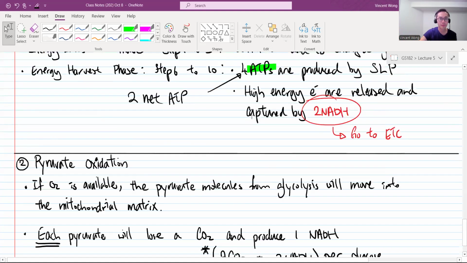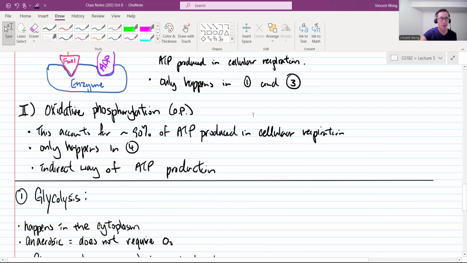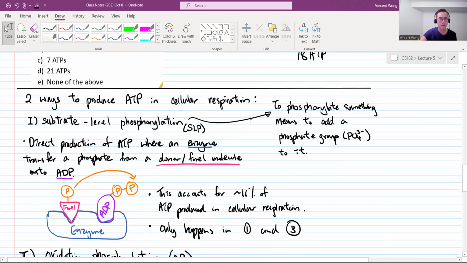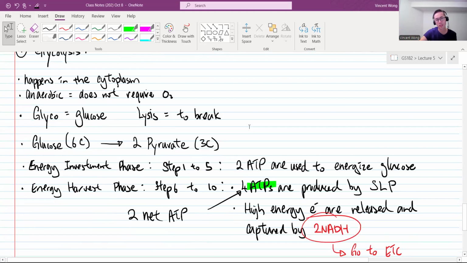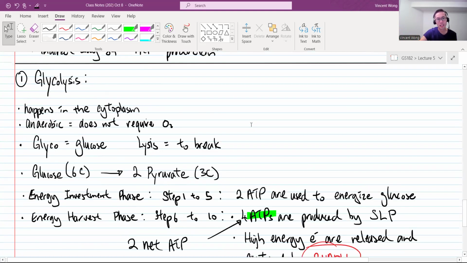2 ATPs. Yeah. Okay. Are you guys lost? I know it's a lot of information, but are you guys okay? I feel like I'm not getting through to you. If there's anything you want me to clarify before we move on, because it's only getting more and more complicated. Still complicated. But do you have a specific question about it though?